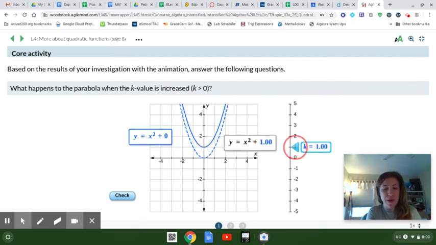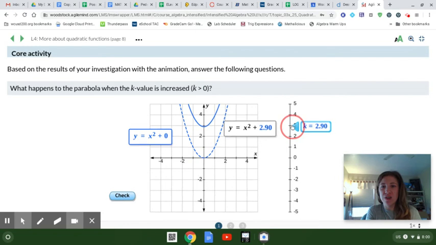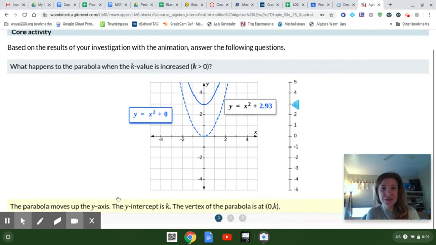What happened to my parabola? Look at where the vertex is. It is at 0, 1. I'm going to increase k to about 3. And when that k value is at 3, notice my parabola's vertex is at 0, 3. So it seems like as my k value increases, the parabola moves up the y-axis,